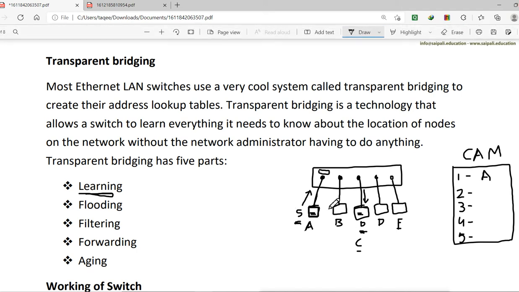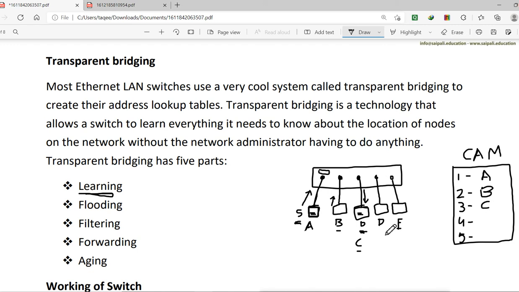The same happens when the other machines start communicating. When this machine sends data, the source MAC address will be B, so it will be added here on port number 2. When this machine sends data, the source MAC address will be C, so it will be added on this port.